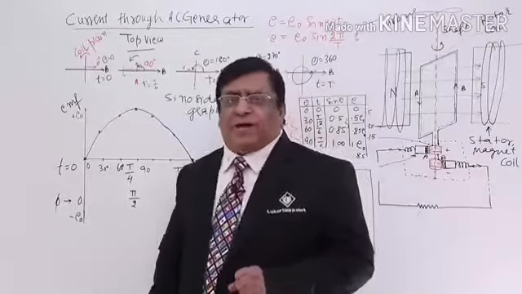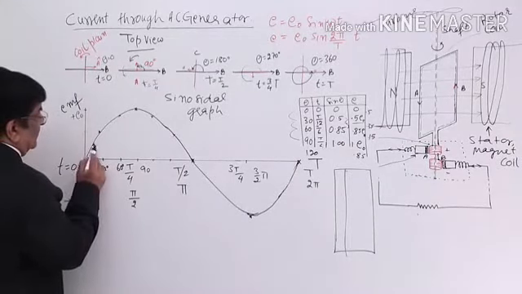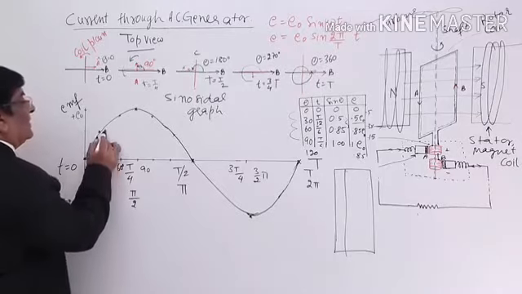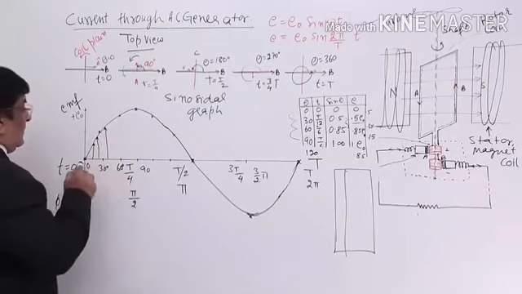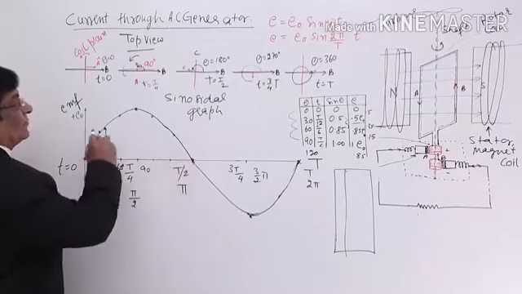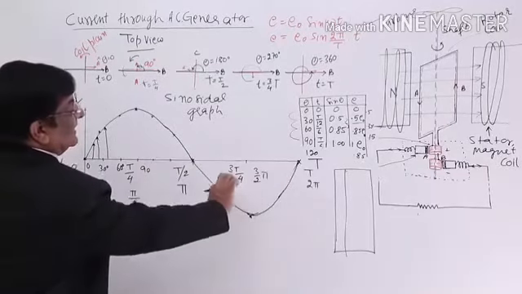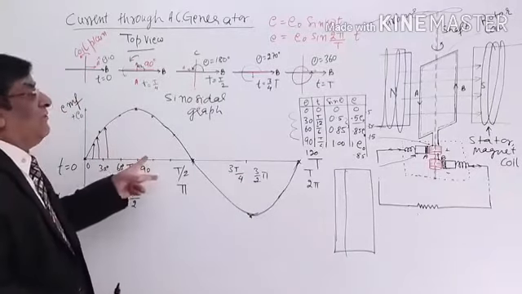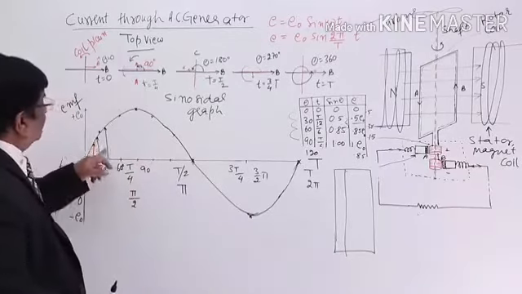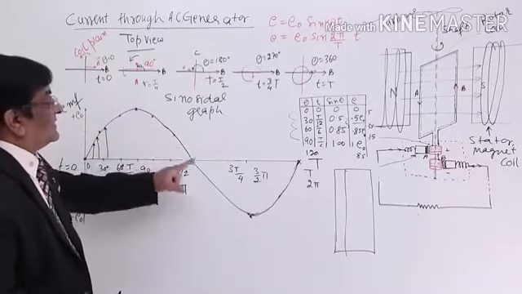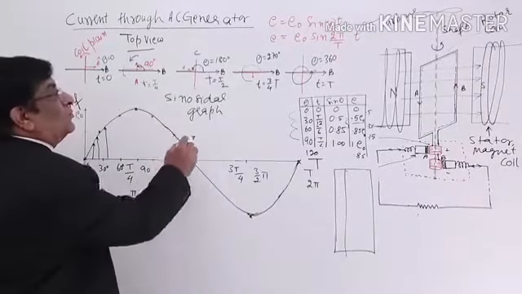For physics, what we require is that at every instant its value here, here, here, at every instant, the value of E is changing. For a certain period, it is positive, and for the next period it is negative. That means in one direction and in the opposite direction. And this is how we made the definition that alternating current is the current which is changing its magnitude continuously and changing its direction alternately or periodically. So this is the output of it.